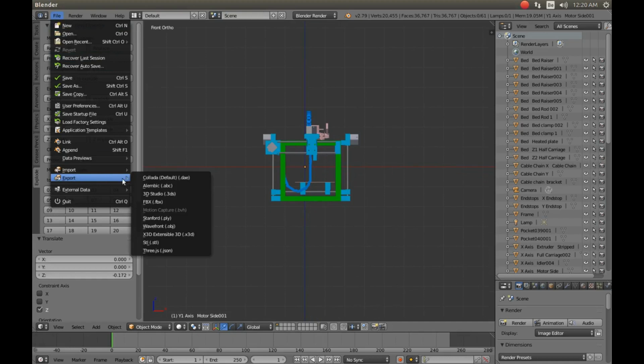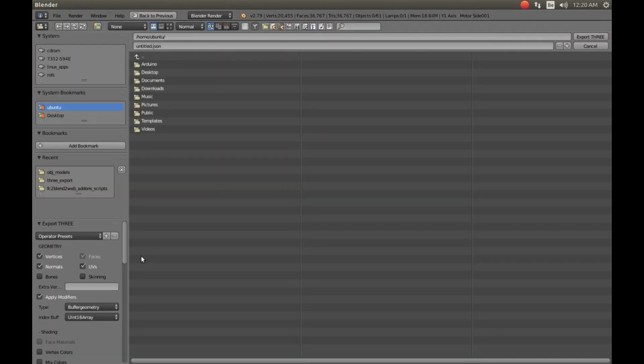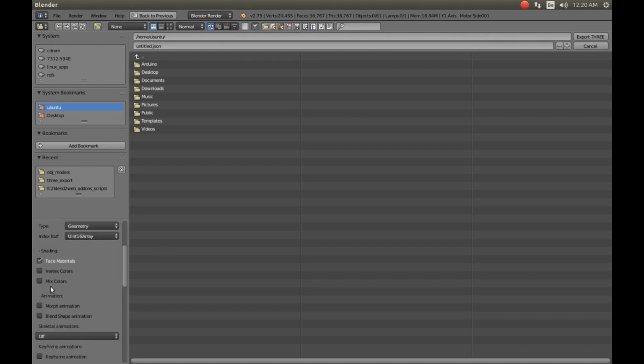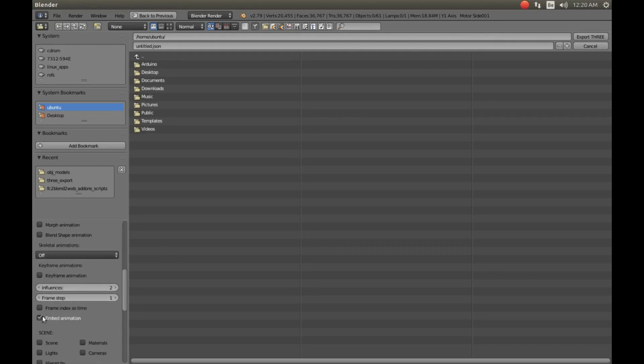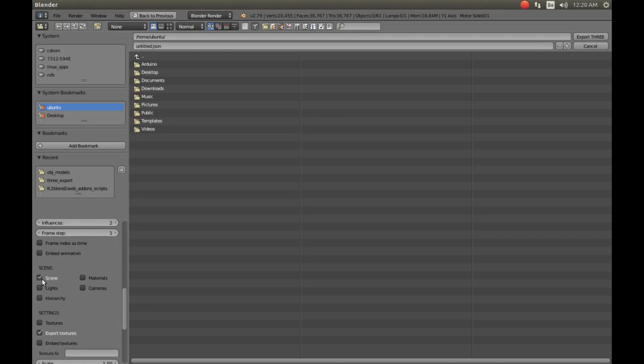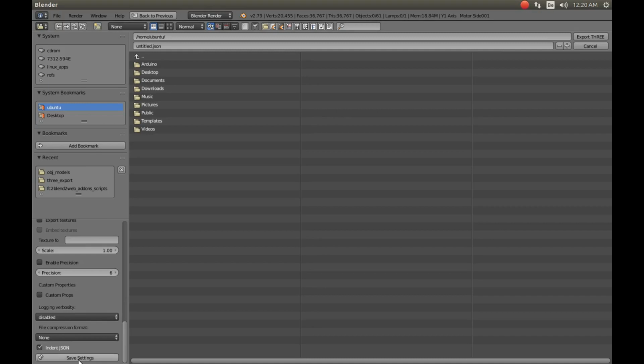three.js .json. In the Export 3 panel, on the left side of your screen, uncheck the UVs checkbox, change Buffer Geometry to Geometry, check Face Materials, uncheck Embed Animation, check Scene and Materials, uncheck Export Textures, click Save Settings at the bottom of the panel. Now select a good location for the export. Give the model a relevant name without spaces, but keep the .json part, and click the Export 3 button on